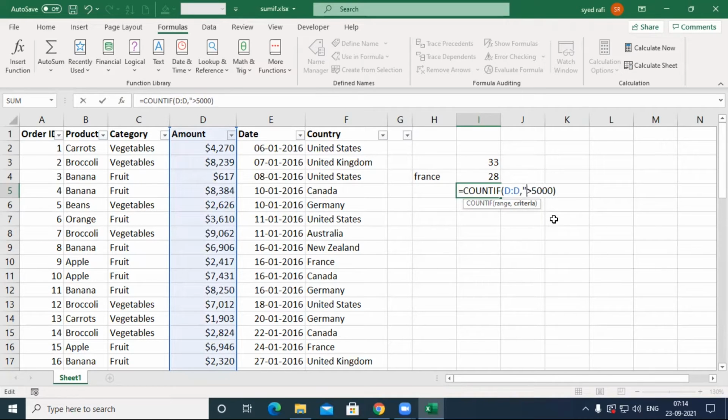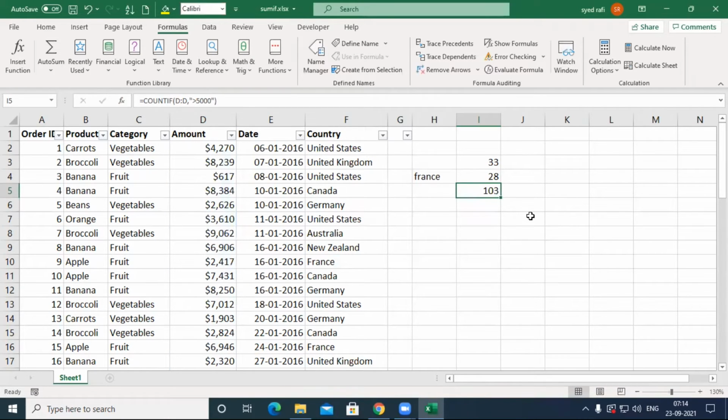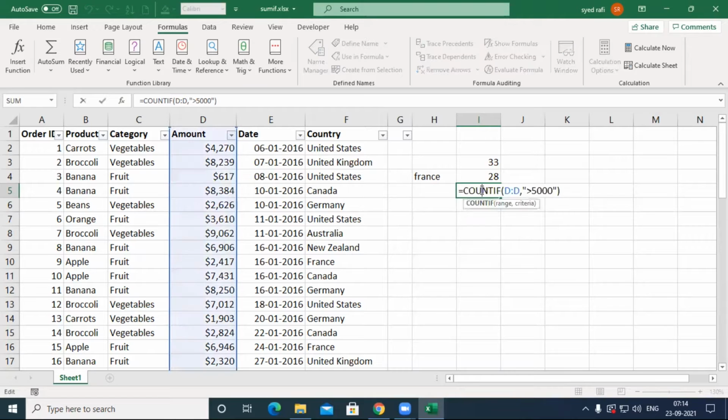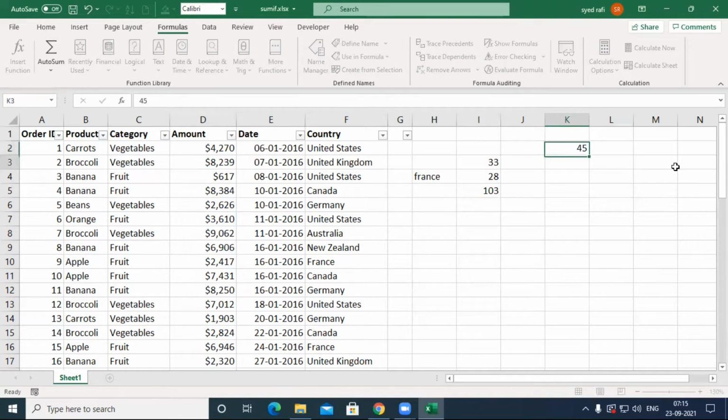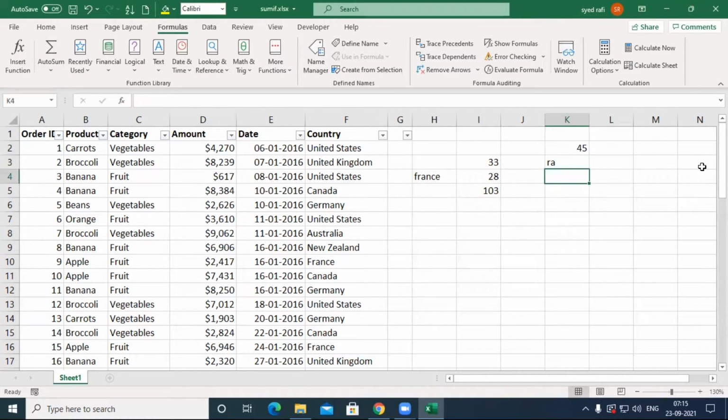So you must put double quotes for this one and press enter. It will be executed. Some doubt may rise in your mind: this is a number, why would we put double quotes? I will show you. If you enter any value, it aligns to the right side. If you enter any text, it aligns to the left side.